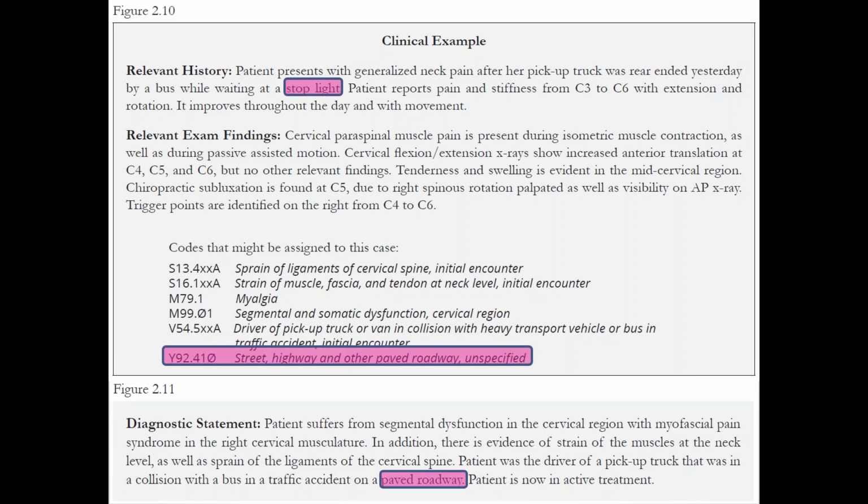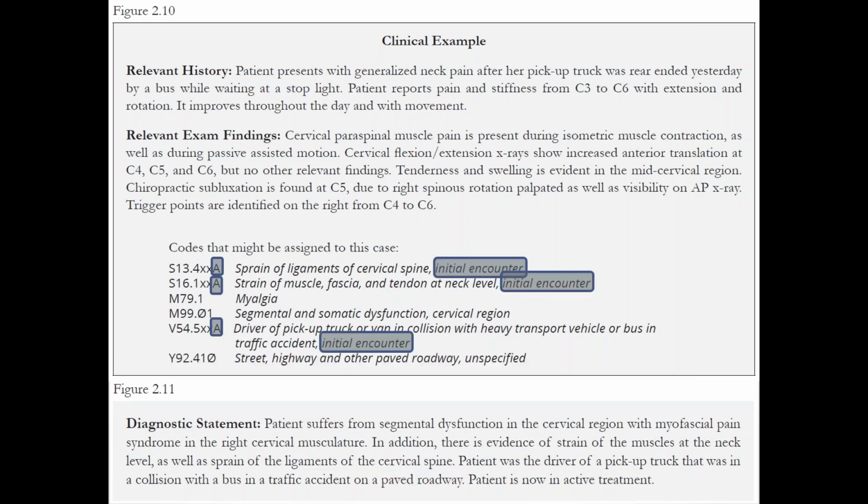Now, you might also note that that code is unspecified, which is kind of interesting because I told you earlier not to use unspecified codes. And unspecified is synonymous with the acronym NOS, or not otherwise specified. It's one of the quiz questions. It's okay to do unspecified if it's all the information you have, all right? So if all you know is that it was a paved roadway, then choose the unspecified code that describes paved roadways, and you're fine. So those are the 6 codes that I think fit for this case,